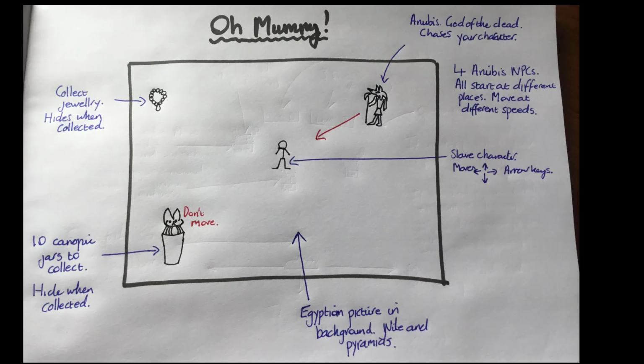Let's have a look at how we can use the toolkit to actually make our games. So I've planned a game here. I've got an abstraction of my game called Oh Mummy. So I've made a game with an ancient Egyptian theme, and you can see in the middle here that there